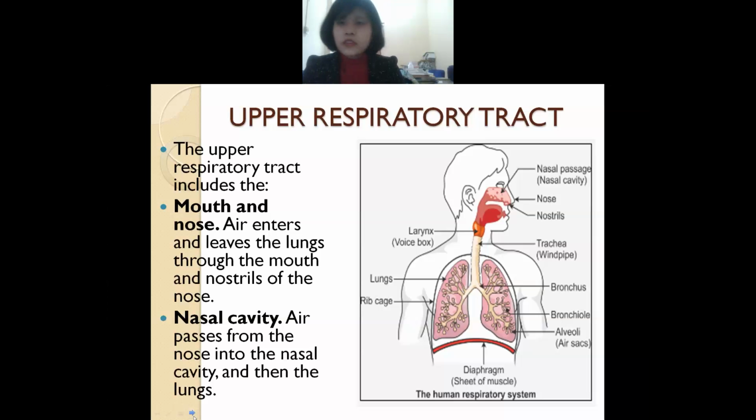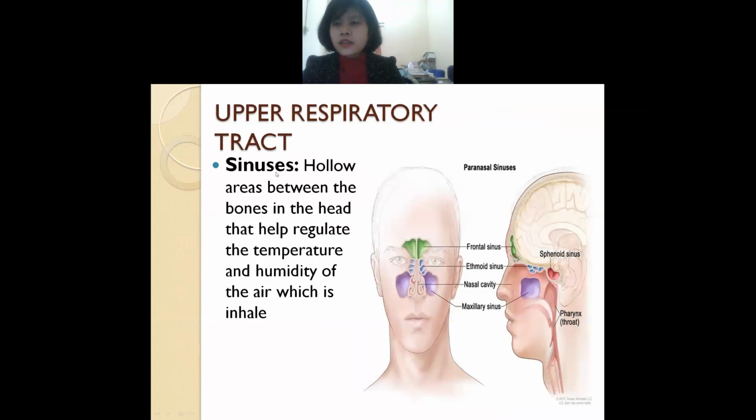Yes, ma'am. Okay, next is sinuses or else sinus. So in the upper respiratory tract, you will find the sinuses also. These sinuses in the picture, you will find them too. So what will you find here? You will find that in these sinuses there is a hole. There is a hole in between the head. Understand? In between your head you will find some holes. So all these holes are the sinuses.